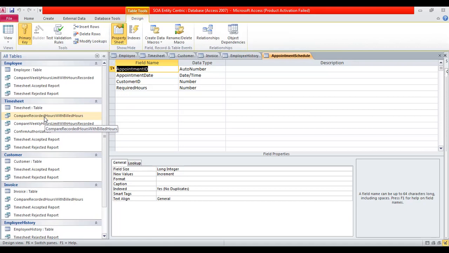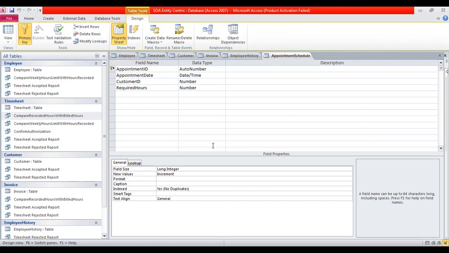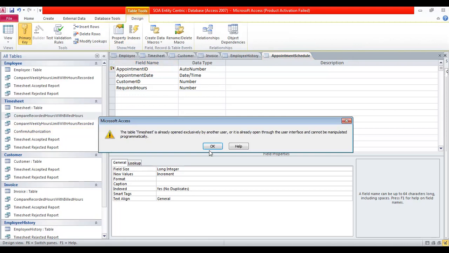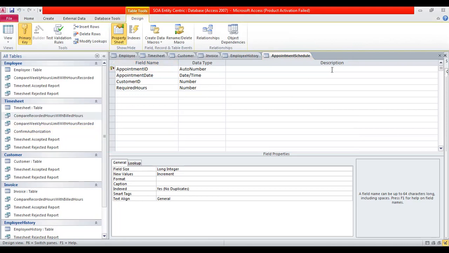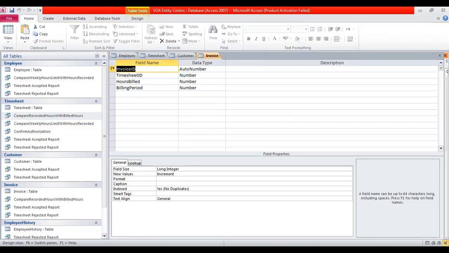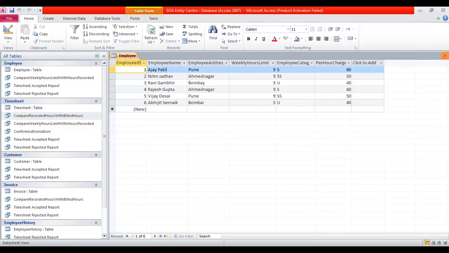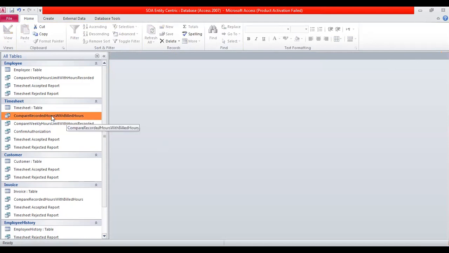So let us see. I'm closing the table structure. So see here, compare recorded hours with billed hours.